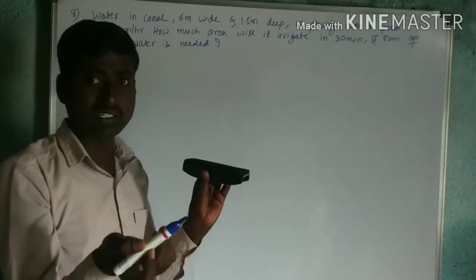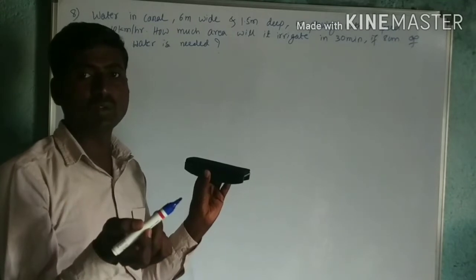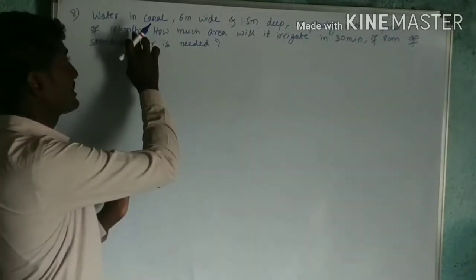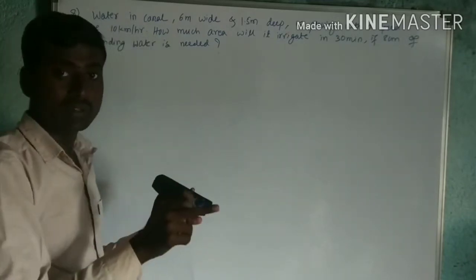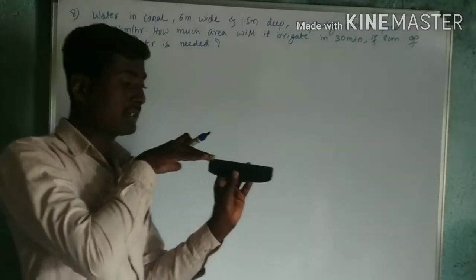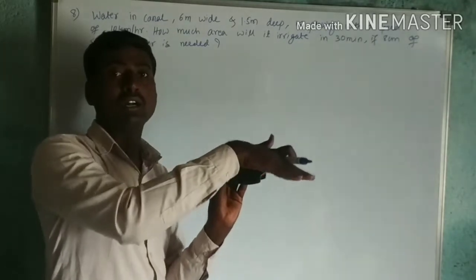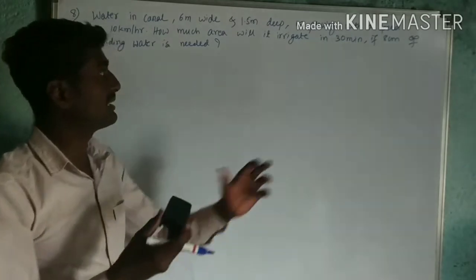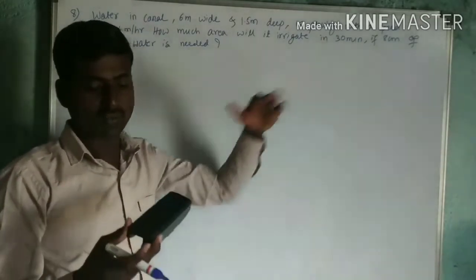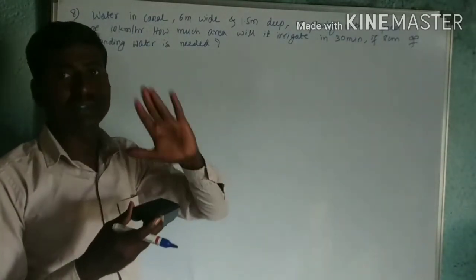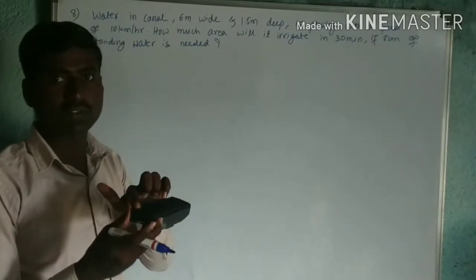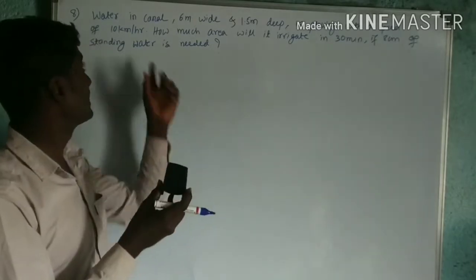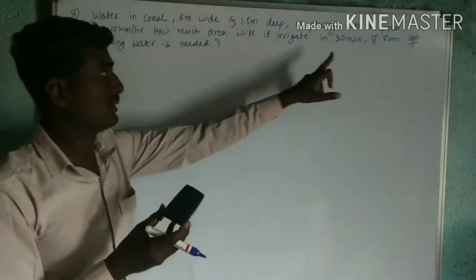Length is what? It is a distance. So distance is equal to what? Speed into time. Here they gave speed 10 km per hour. How much time will it flow through the canal? The time the water flows through the canal is nothing but 30 minutes. So that means I get the length. Length is a distance, distance equals speed into time. Speed is 10 km per hour, and time is 30 minutes.